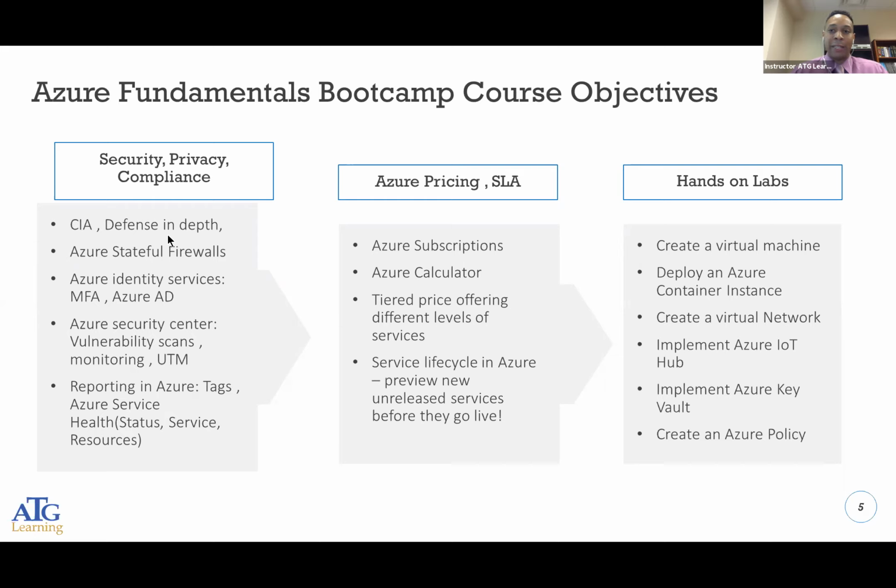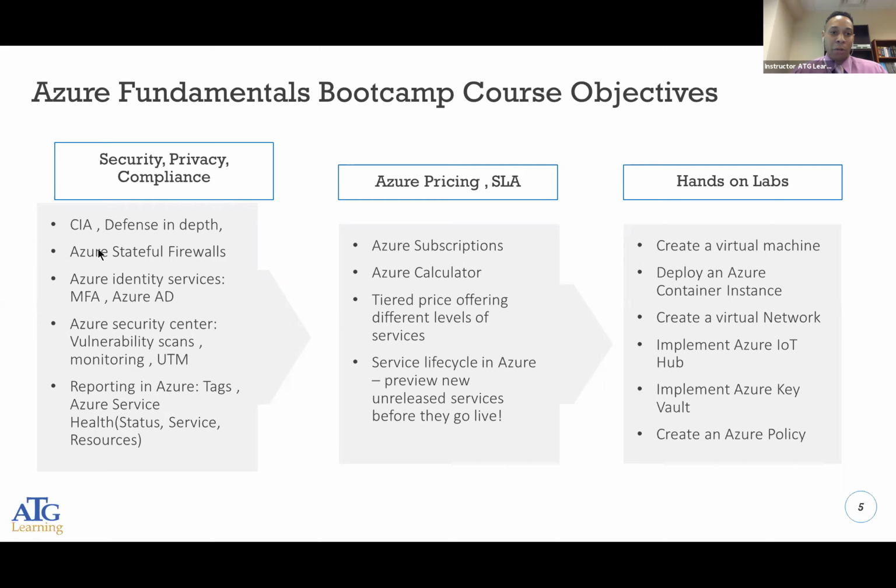Technical control types mean anything I can technically configure on equipment, such as firewall rules. Getting into firewall rules, we're going to talk about Azure stateful firewalls. Stateful means it's dynamic, it adapts. It's going to notice anomalies in our network, such as somebody launching some type of DoS attack. A stateful firewall is going to create a rule and block that traffic from coming into my network. Azure offers that feature in its security, so you have to be able to go in there and modify inbound and outbound rules to mitigate against people sending malicious traffic into your network.